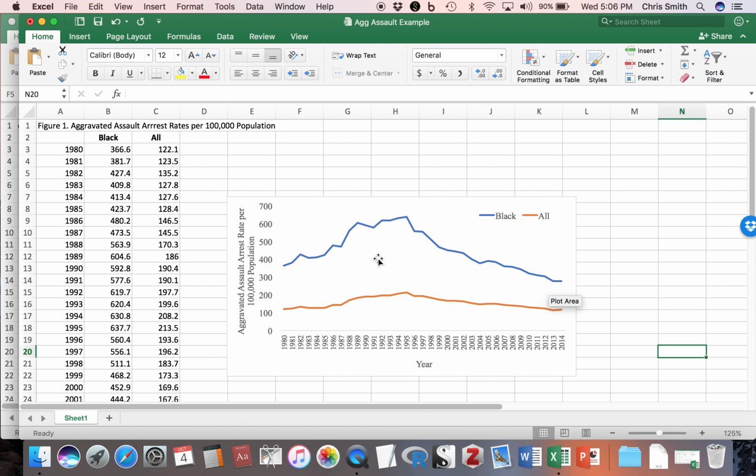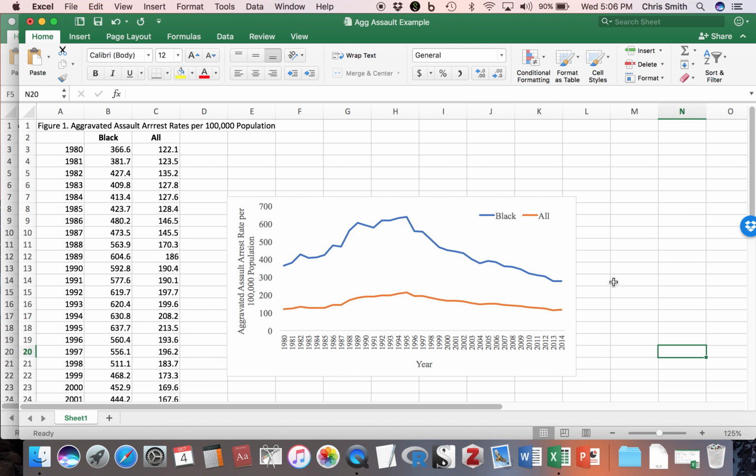So for aggravated assault, if I looked at Black arrests, in 1980, the arrest rate was 366 per 100,000 compared to 2014 when it was 280 per 100,000. That's a big change. But it's not as dramatic as 1980 when I go from 366 to the peak of 637, or question number 3, from 637 to 280. So if I only calculated the first question, I would just be looking at the difference from here to here,